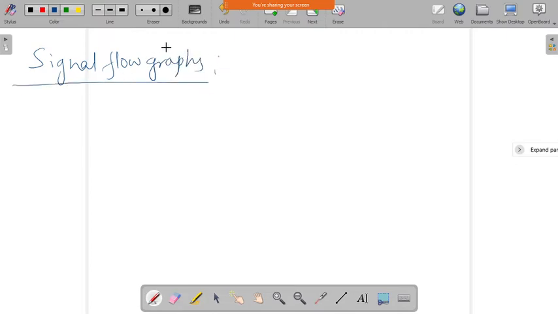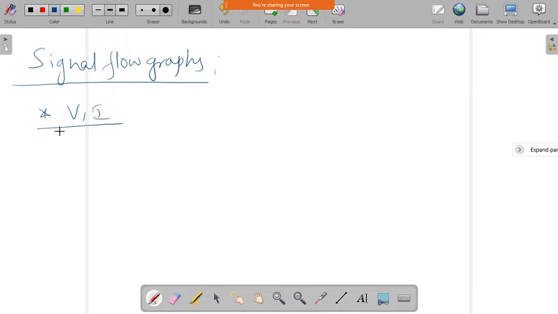Okay, so what are these signal flow graphs and why do we have to use them? So a microwave network we can take. We have many methods to solve for voltage and current. If you take any microwave network, we have to get the solution for V and I, or we have to find out the values of V and I.